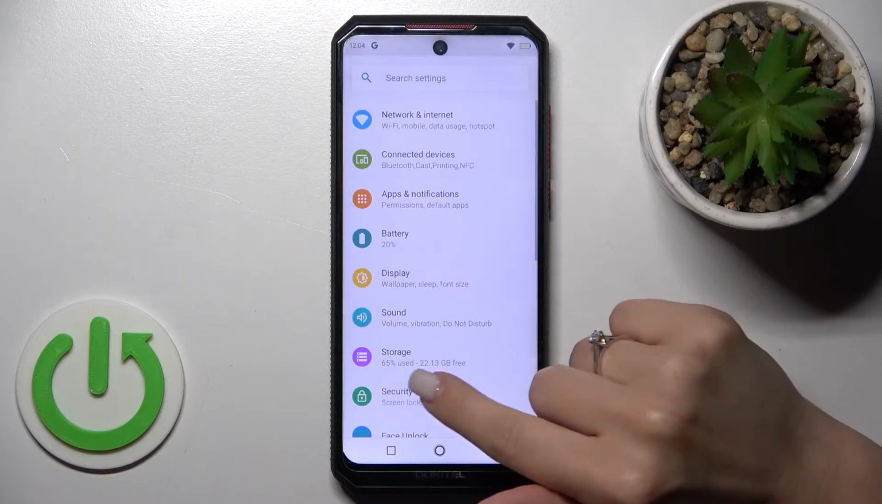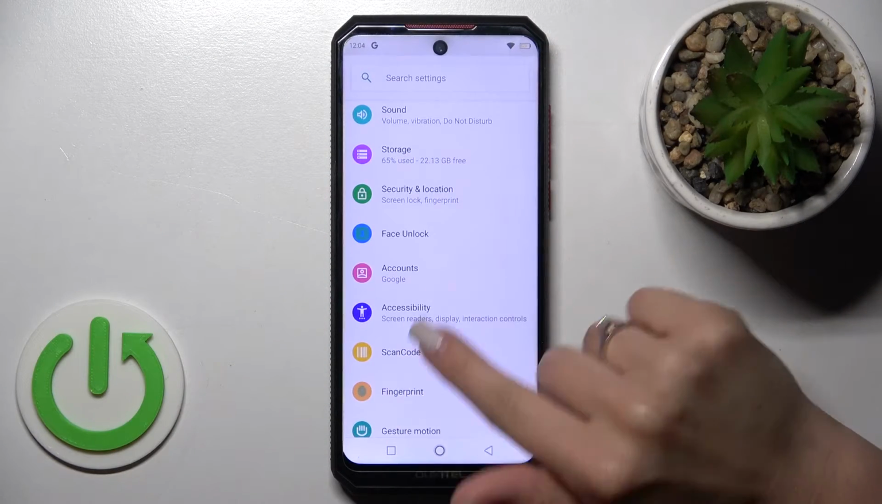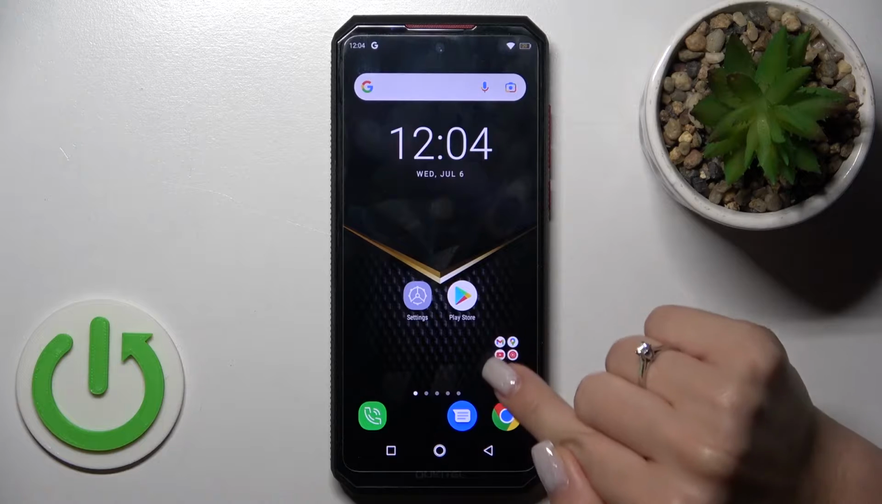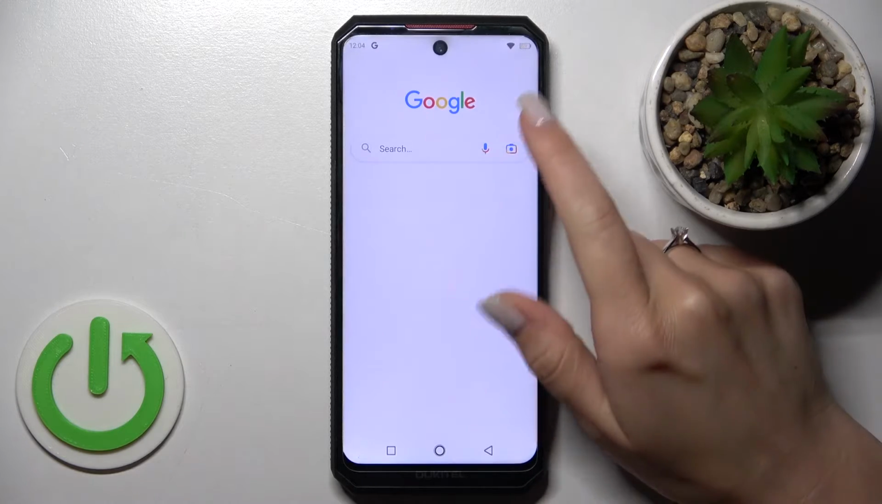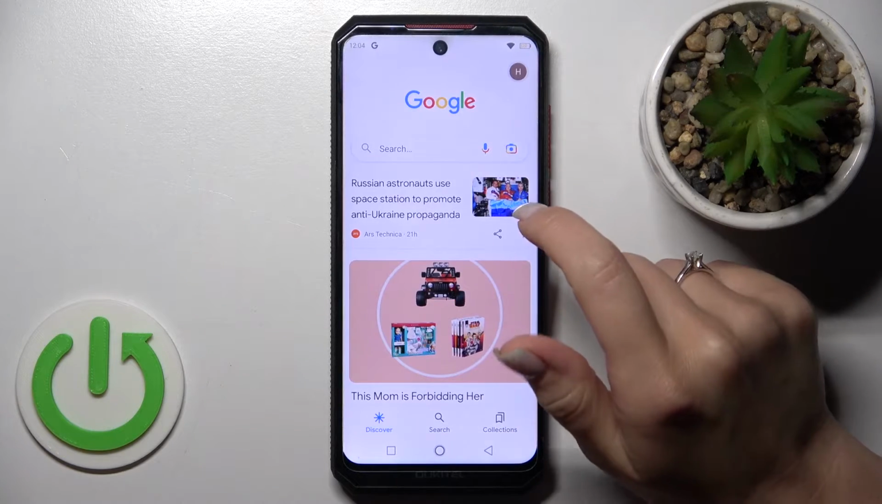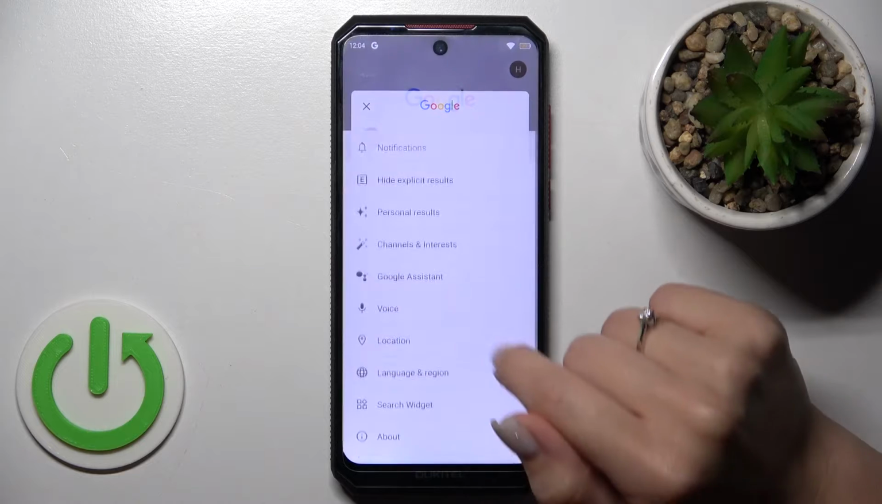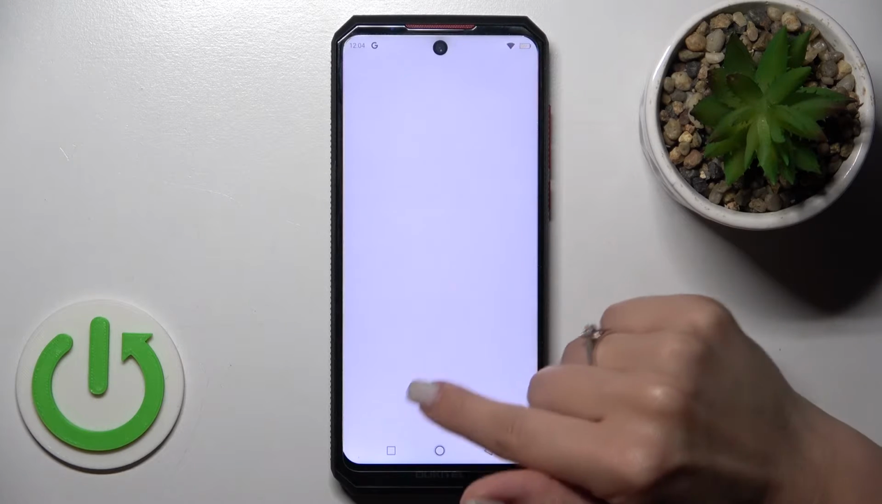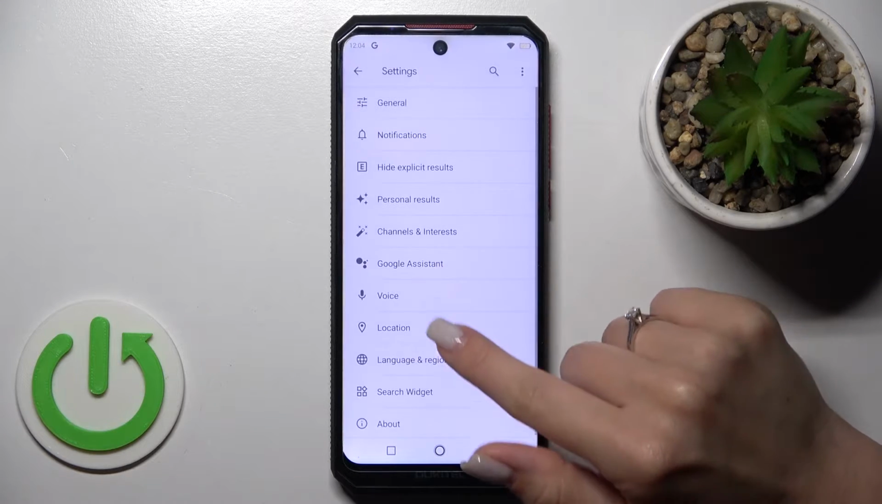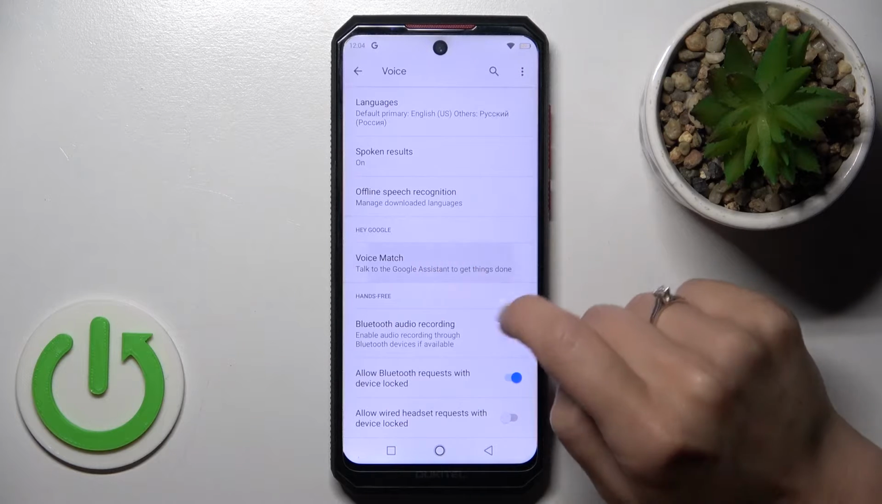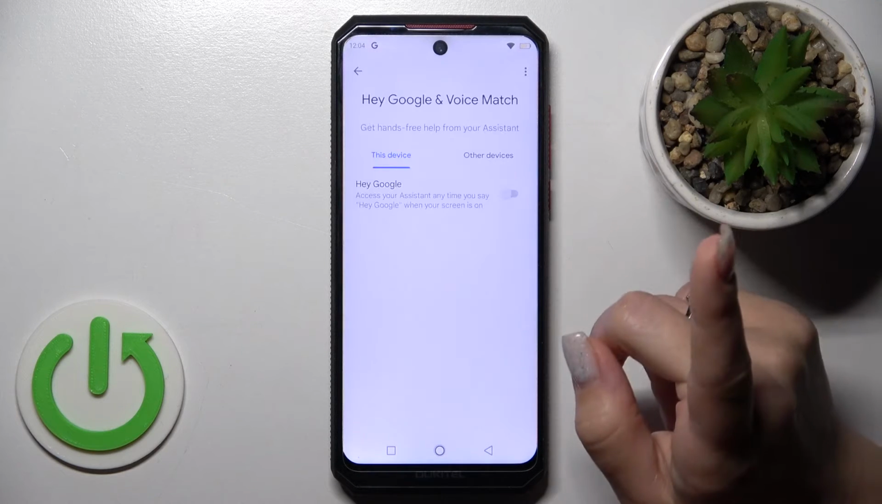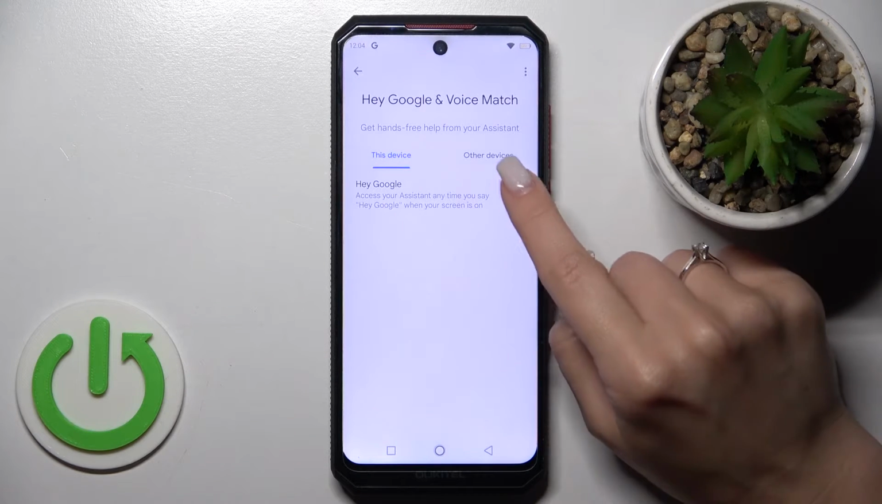So let's first open the settings application, and after that, the Google application. And after that, tap on the right upper corner, then click on settings and tap on the voice section. After that, click on voice match, but first be sure that the Google Assistant is activated, and